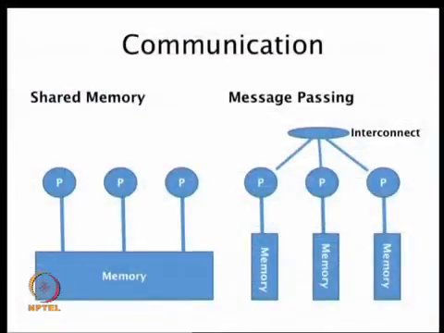OpenMP is going to be basically on the left side, right. OpenMP is using the shared memory model only, and MPI, which is short for message passing interface, is going to be on the right hand side. Okay. And you can use OpenMP as well as MPI in the same program, probably because two of the cores that need to interact do not have a shared memory, or even if they have a shared memory, for some reason you decide not to use the shared memory, not to share an address space,